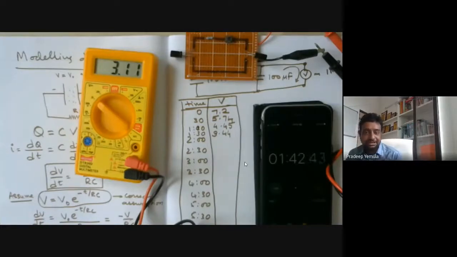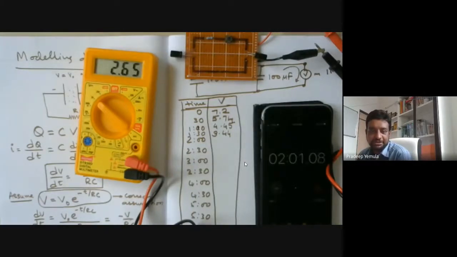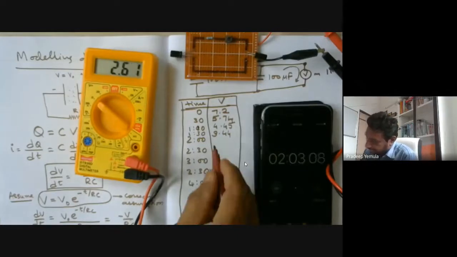So by the way, I mentioned 100 microfarads and 1 mega ohm. Okay, so the micro and mega will cancel. If you see the RC time constant, then 100 seconds will be your time constant. Okay, so just for those who are wondering, let's wait for 2 minutes now. 58, 59, 2 minutes, 2.67.